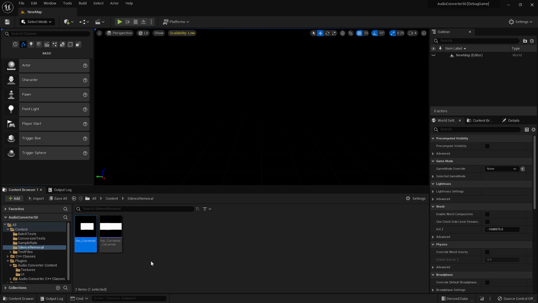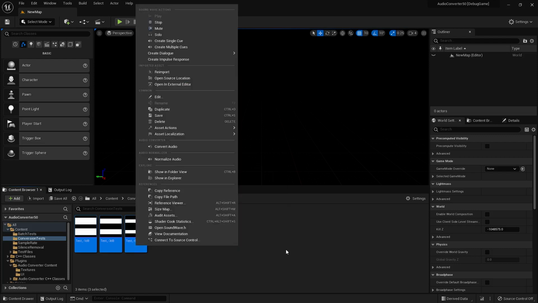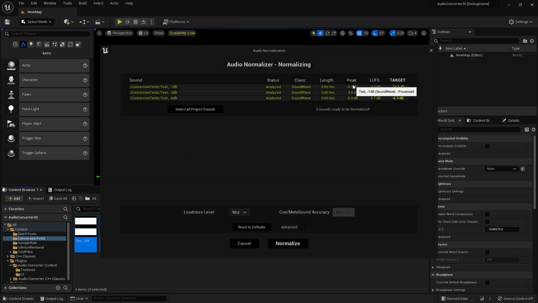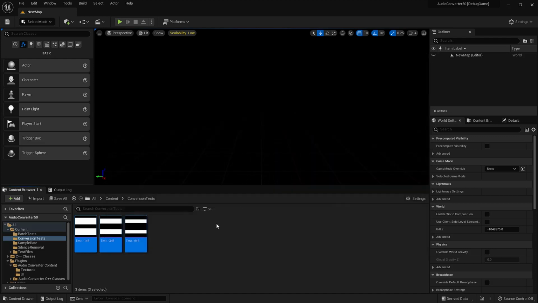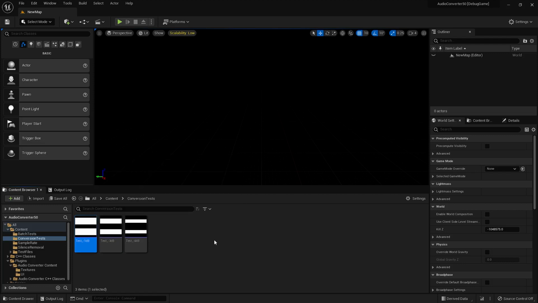So we can hear that there's no silence at the beginning, and we can also see the visual representation. And finally, we're going to try the normalization tool. I also have the audio normalizer installed, which is our other plugin. We're going to use it to check our levels. It's -1, -3, and -6, which are the names we have. Well, technically, actually it's -0.1, but Unreal doesn't let me use point, so